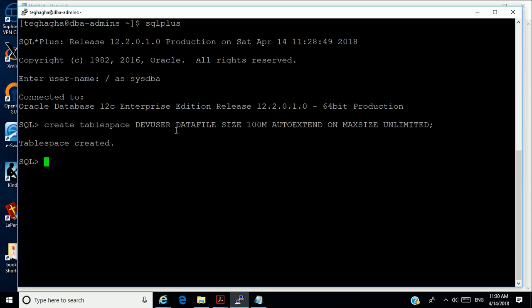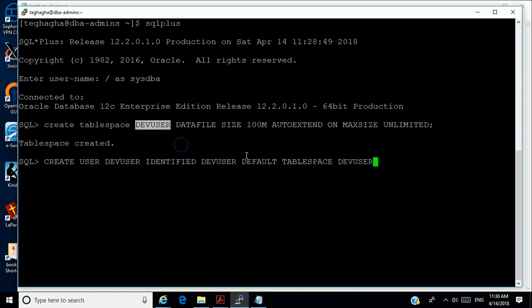Now I'm going to create a user called dev_user. Create user dev_user identified by, I'll give the password of dev_user, and I'm going to say default tablespace. Remember, try always not to use the default tablespace. And I'm going to say quota unlimited on.